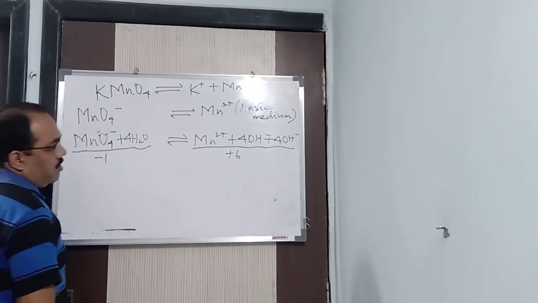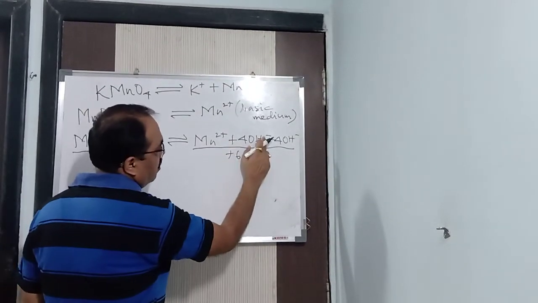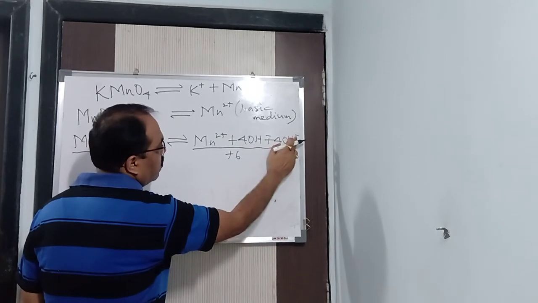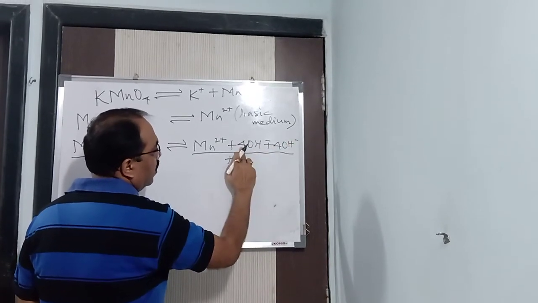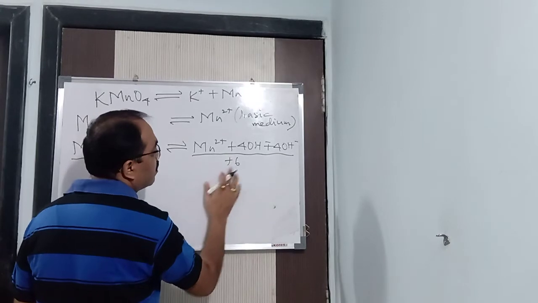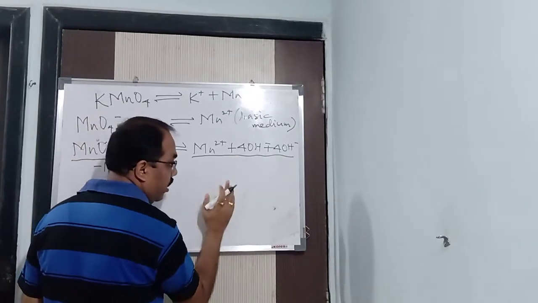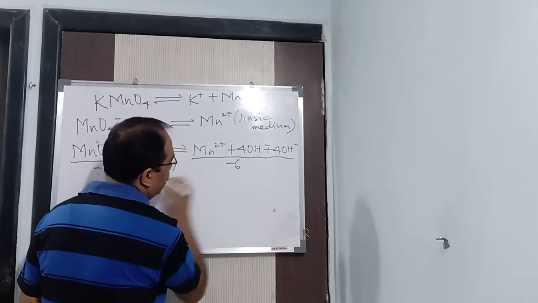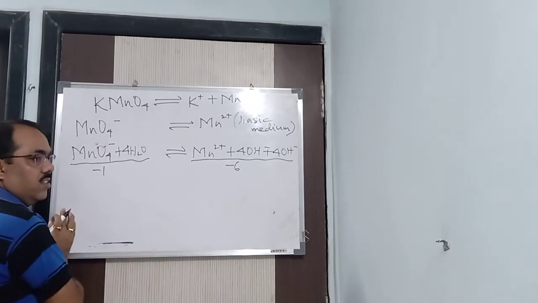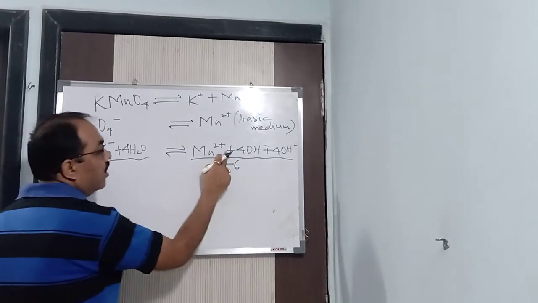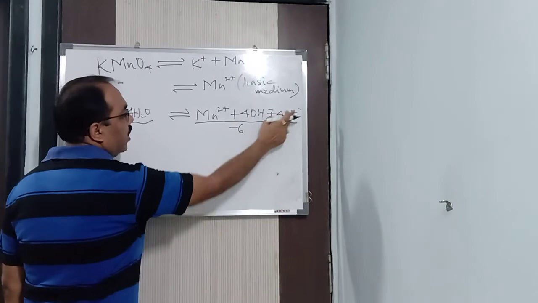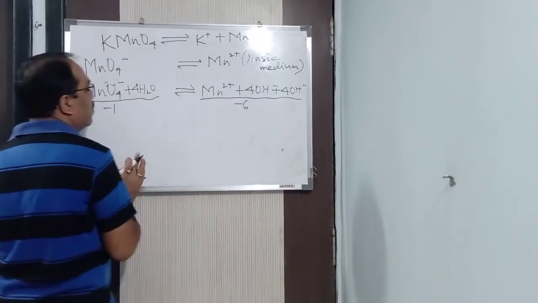Clear? Or minus 6. See here. Plus into minus, minus. So minus 4 is how much? Minus 8 plus 2, how much is this? Will it be plus 6? No. Minus 6. Understood? In this way. I was checking whether you are following or not. So plus into minus it is minus 4, minus 8 plus 2. It is nothing but minus 6.